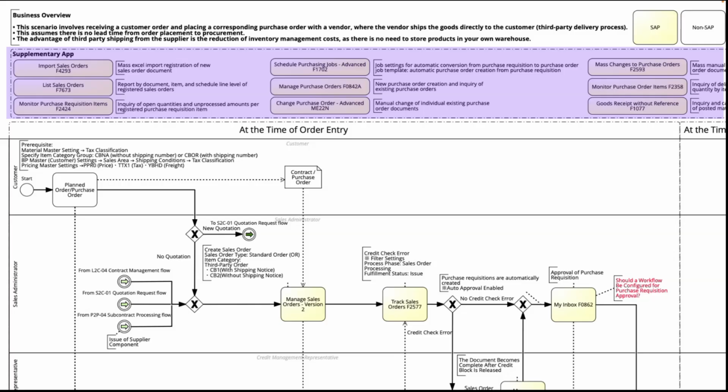Before we begin, let's review a few points on the diagram. First, you'll notice something called supplementary apps. These are additional or optional SAP apps that can be used alongside this process. Each supplementary app is briefly described on the diagrams, so if you ever need to perform these extra actions, you can refer to them here. Next, in the process diagram, yellow boxes represent SAP apps, while white boxes represent tasks performed